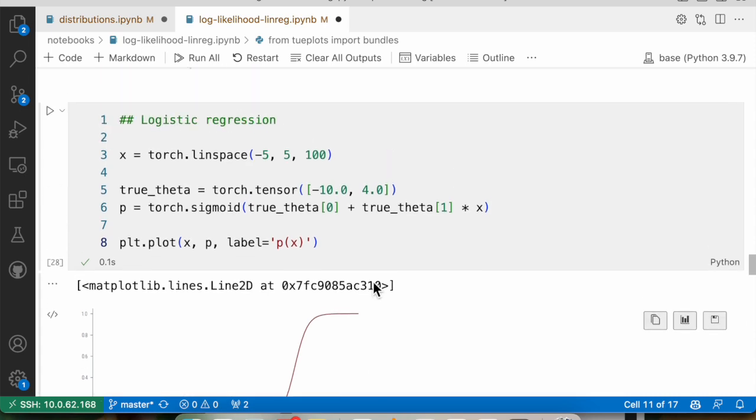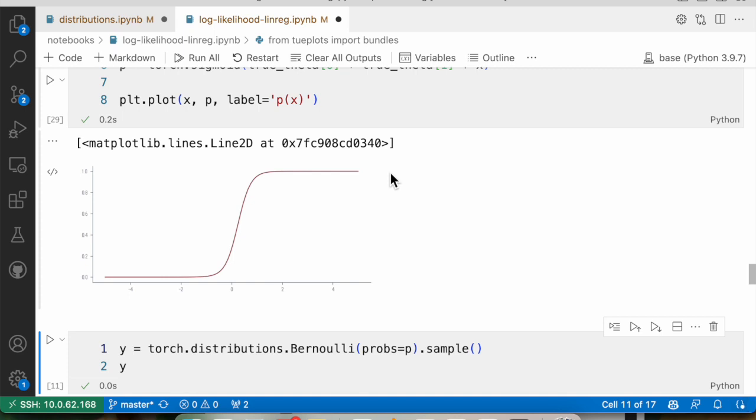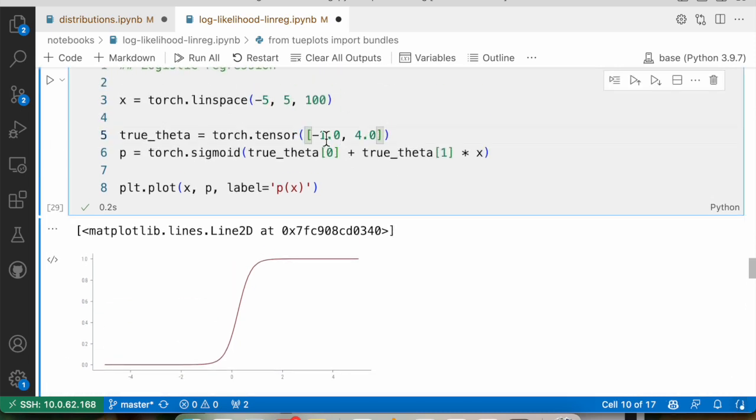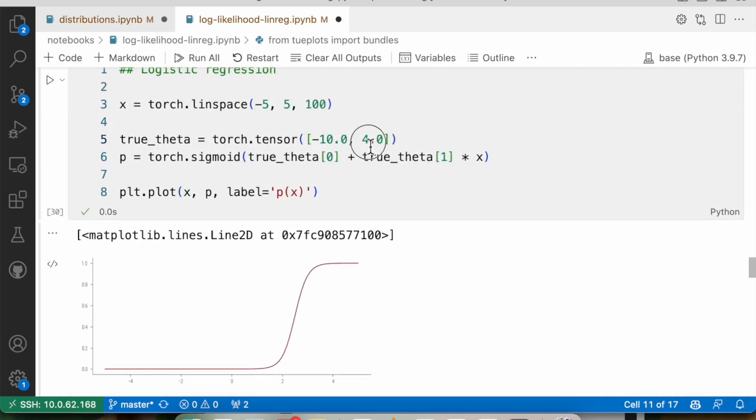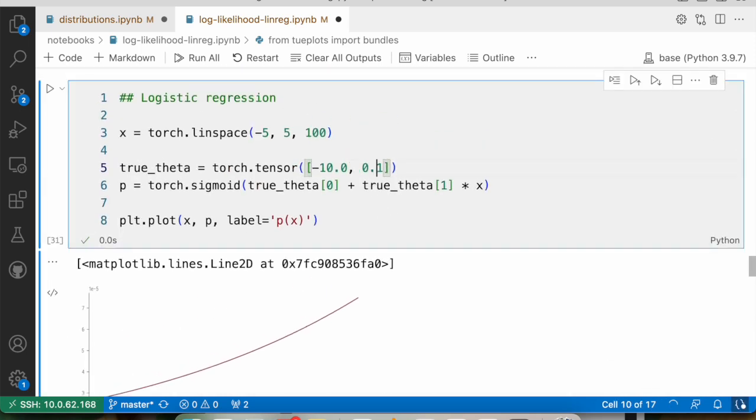Another interesting way to look at this problem is to look at different parameter spaces. In this case, I have -10, 4, and you can notice the sigmoid is slightly shifted towards the right. If instead I had -1, 4, the change now occurs much closer to 0. And previously I had -10, 4, but if we had -10, 0.1, what change happens? The slope, the change from 0 to 1, is now very slow, whereas previously the change from 0 to 1 was